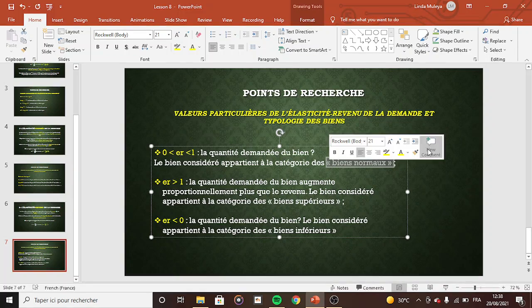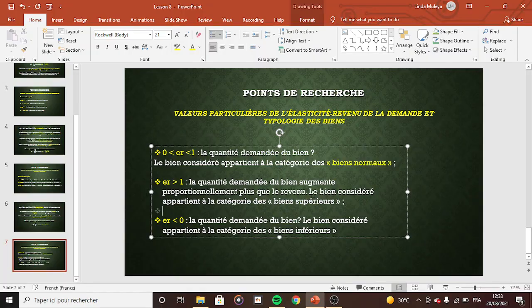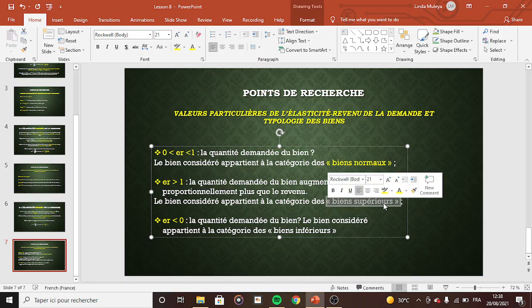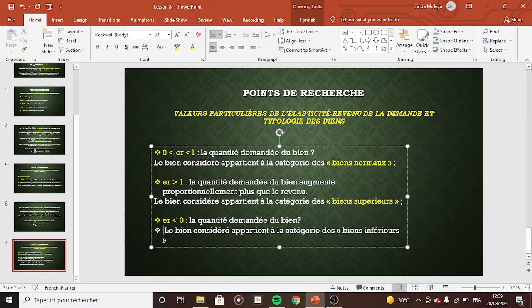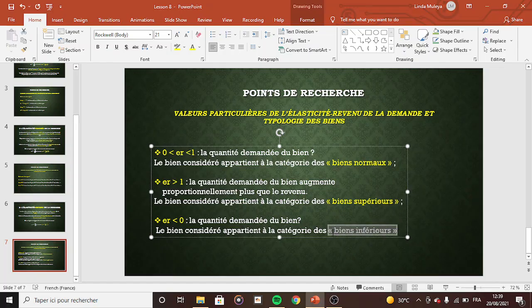But in this case I chose not to eliminate this, so that if you were to have to search for this, you can at least search for these kinds of goods and see what they mean in terms of élasticité revenue. And yeah, that generally summarizes